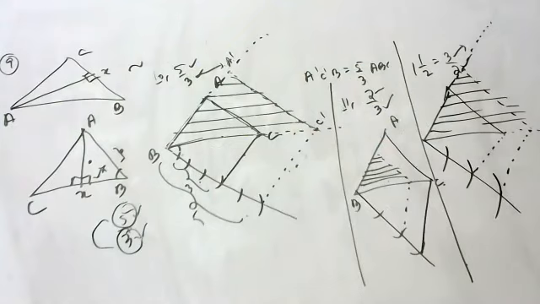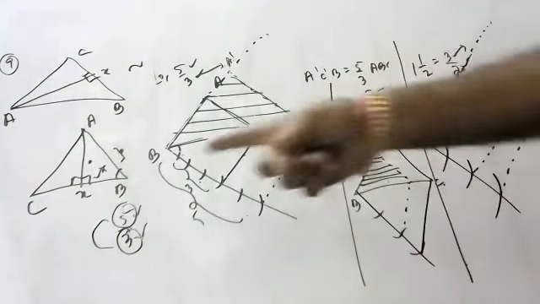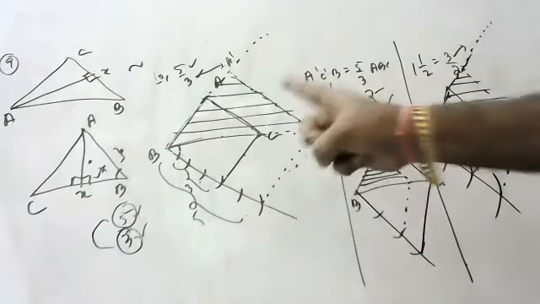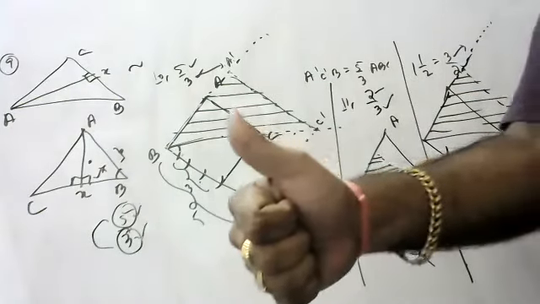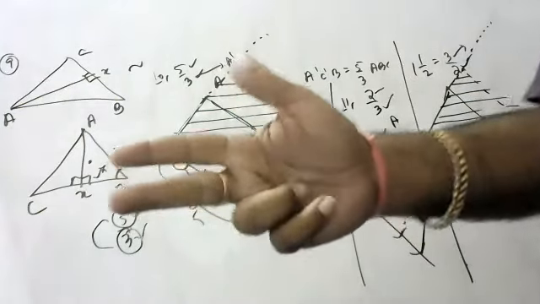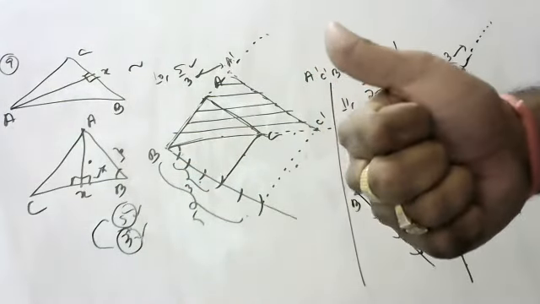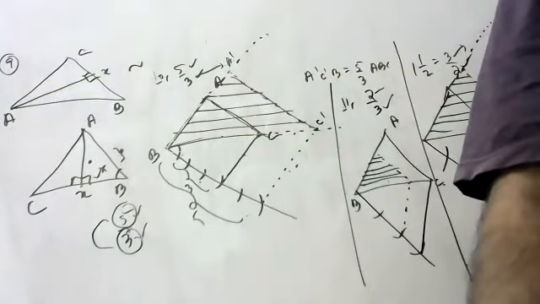Simple. So children, in construction, always remember 3 steps. The bigger number among the fraction is for the number of arcs. Denominator is for the tip. Numerator is for the parallel line. Last time, bigger number for the arcs. Denominator for the tip. Numerator for the parallel line. Like that we should do.